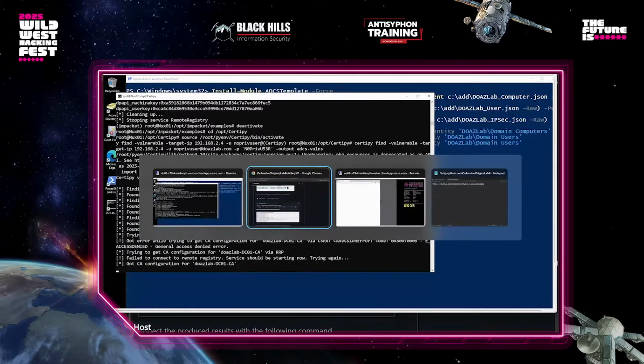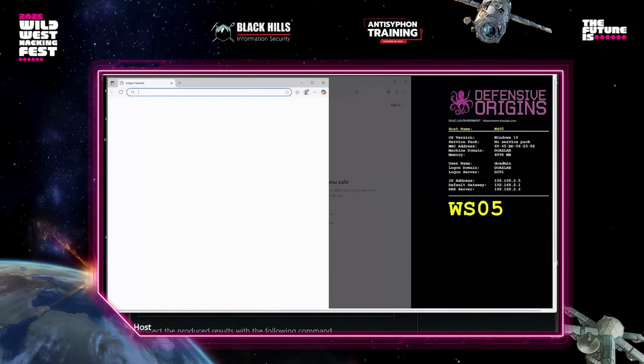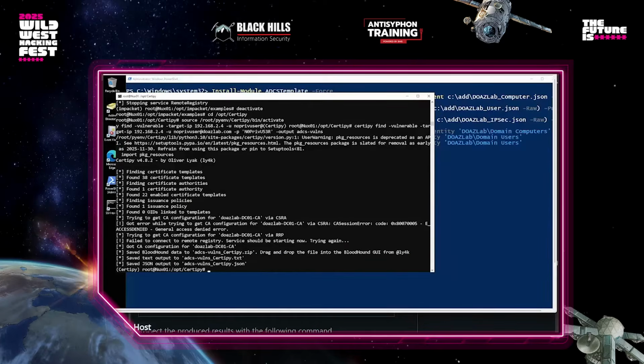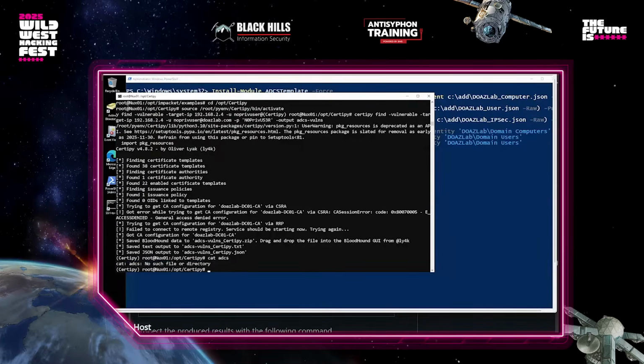Also in the background, I went ahead on this workstation, which you'll see right here, and launched some browsers. There's going to be something interesting. Hopefully we have time before we get kicked out of here. Again, we appreciate Wild West Hackin' Fest and the whole crew giving us an opportunity to come up here for a few minutes. Now let's do a cat ADCS